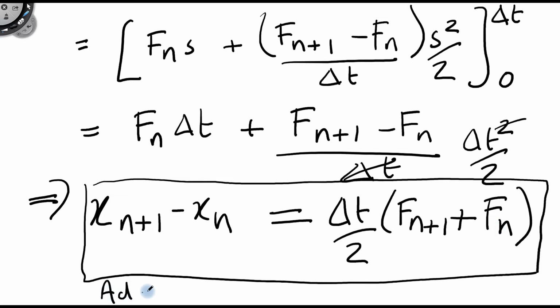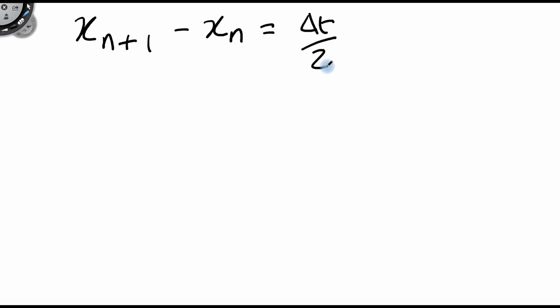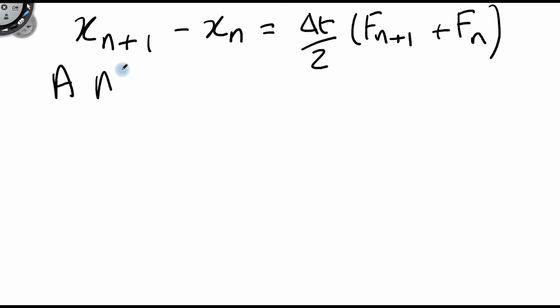Adams-Moulton 2, AM2. Let's just write it at the beginning of the board and then talk a little bit more about it. x_{n+1} minus x_n equals delta t on 2 times f_{n+1} plus f_n. So this is AM2,